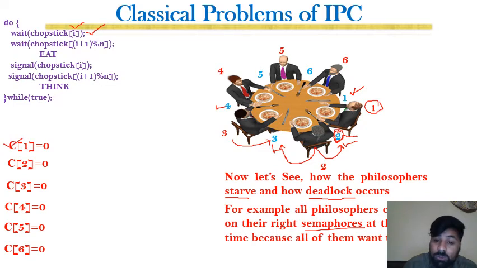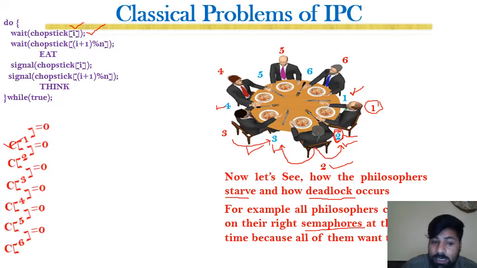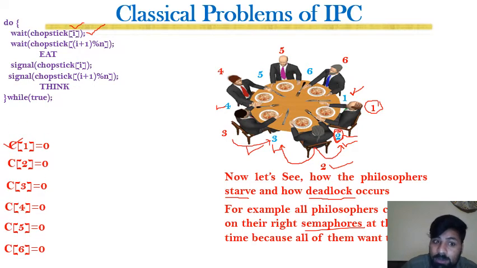Similarly, philosopher 2 was executing wait call on semaphore 2, and similarly third philosopher was calling wait on semaphore 3. So there were different semaphores, and if there are different semaphores, then all calls could be made simultaneously. But in this situation, when all of them called, and once they call another time, because everyone will ask for the next chopstick,